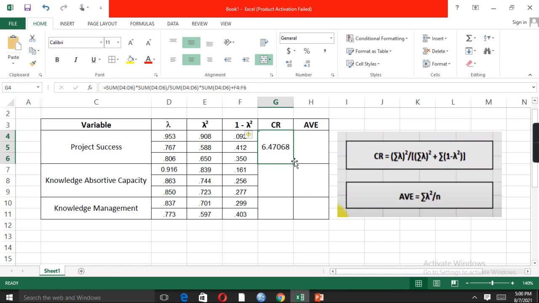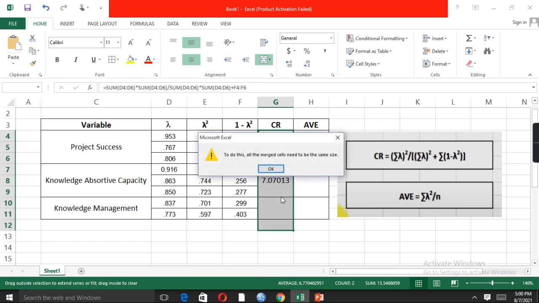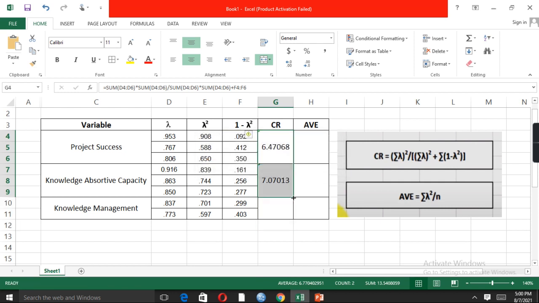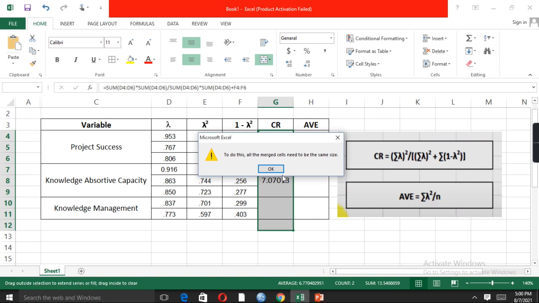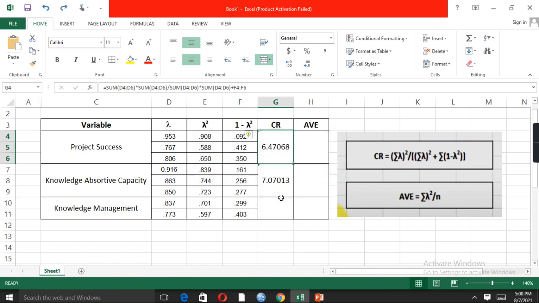So similarly we just drag and drop these values. So there is a problem, we need to calculate it manually.